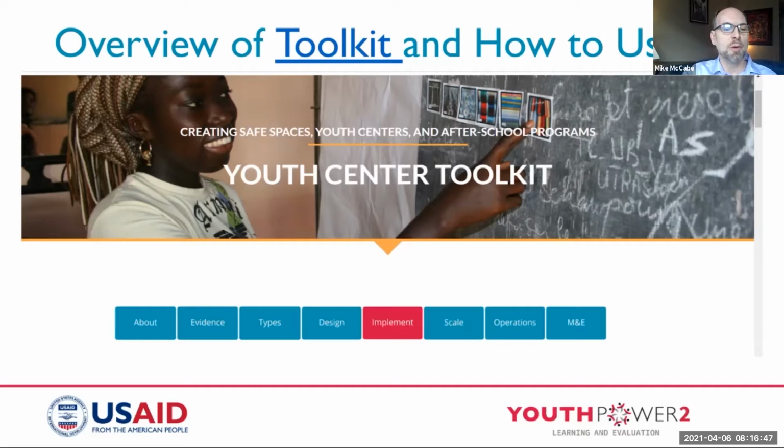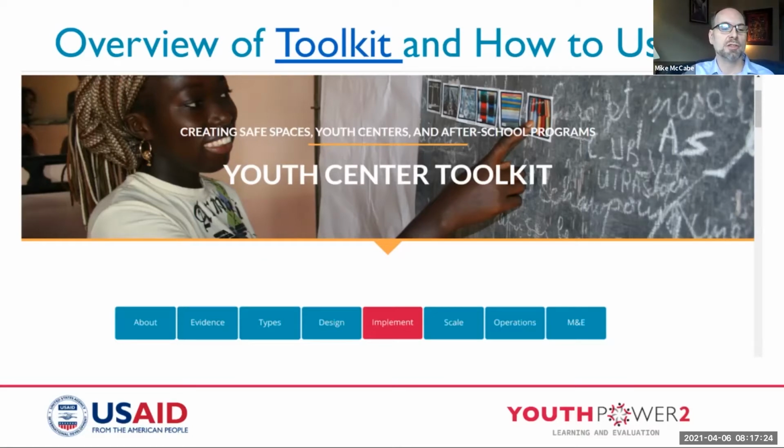So let's first jump into what is in the toolkit that you see there. In the very opening of it, you're going to find an evidence section looking at what is the evidence behind it. Let me give you an example. In the 22 communities where youth centers were set up in Panama between 2010 and 2013, what we saw was a change in the level of safety in the community. Perception of safety went from 38% in these gang-impacted communities to 62%. And it was in a controlled study against other communities. So it had a dramatic impact in creating a sense of safety in those communities.